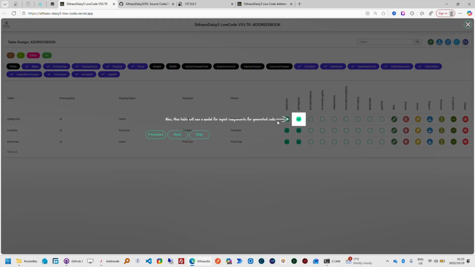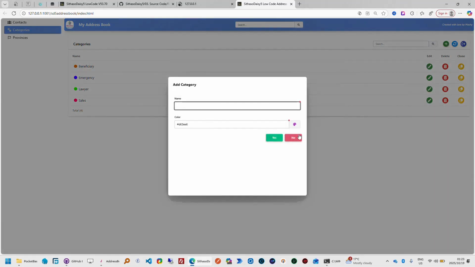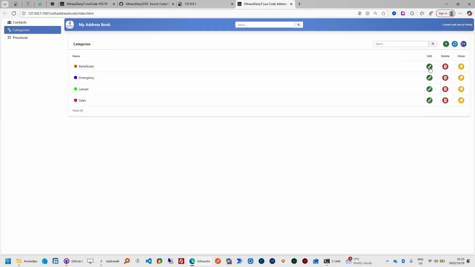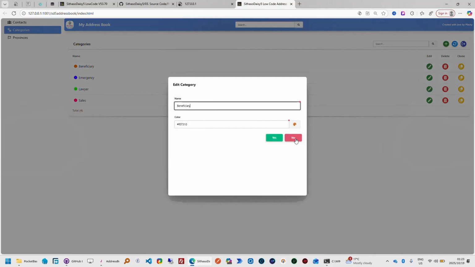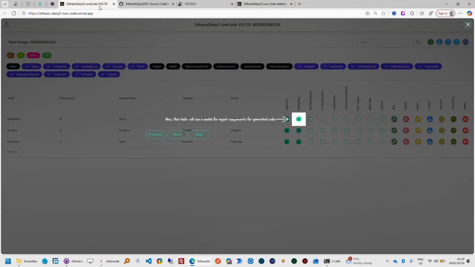Also, this table will use a model for input components for the generator. See? This basically means that when you are creating this user interface, generate this particular table, generate the code to handle the click of the add button, generate the code to handle the click of the edit button, and to show the model and all sorts of other things. So this is just giving the low-code generator guidance to say, we want that particular code to be generated and that particular code to be generated. Next,